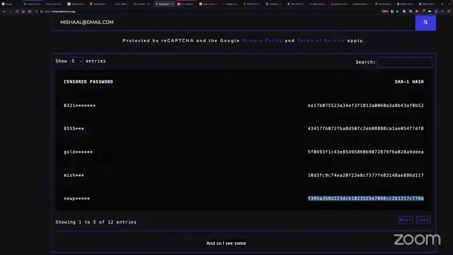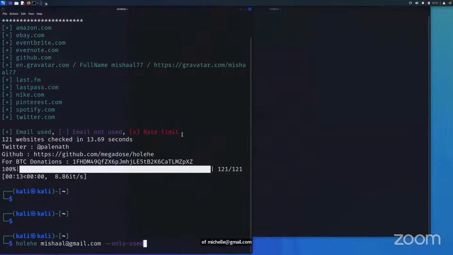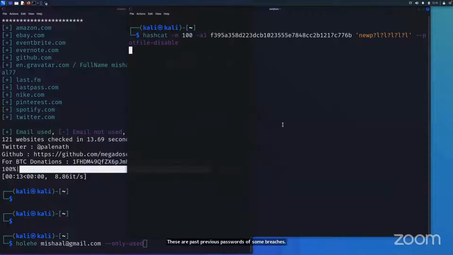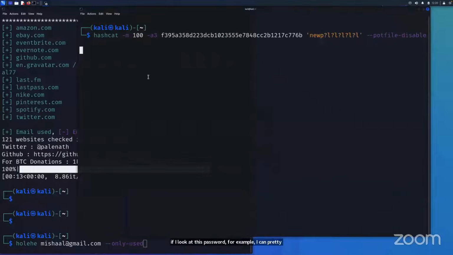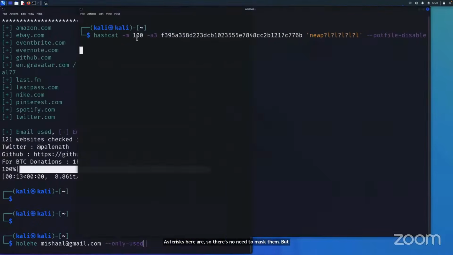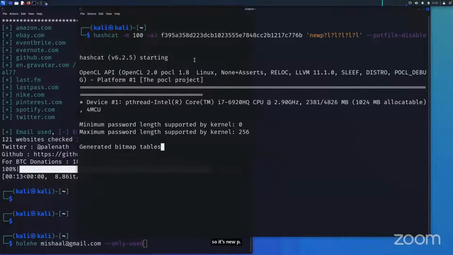So it's "new P". As hackers, very quickly when we look at hashes, the first thing that jumps to my head at least is hashcat. So if you look at hashcat, you put in the hash. It was a SHA-1 hash. Yeah. So it's SHA-1, which is mode 100. I'm going to do an attack where I know the first few characters, "new P", and then wildcards after that. And I click enter. I'm going to crack this.